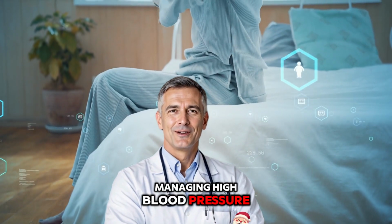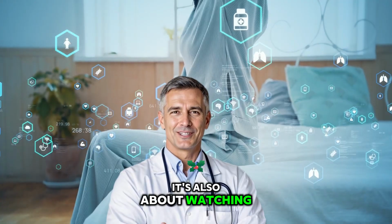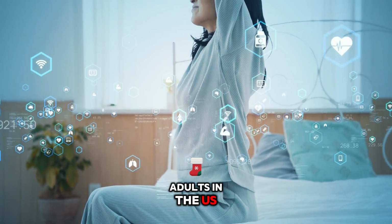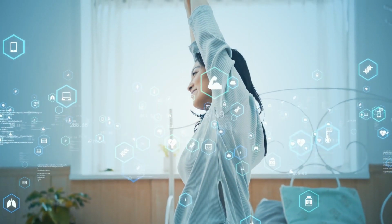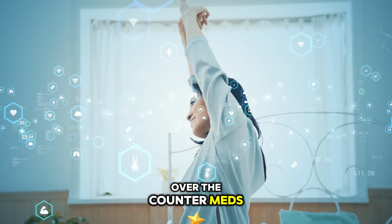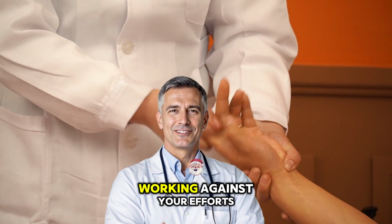Managing high blood pressure as we age isn't just about eating right or staying active, it's also about watching the medications we take. For millions of older adults in the US and beyond, the real challenge lies in avoiding hidden dangers that can sneak up through drug interactions. These interactions, involving everyday prescriptions, over the counter meds, or even supplements, can quietly raise blood pressure, working against your